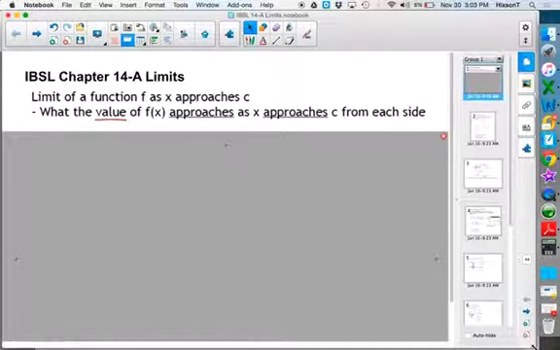Now, I will say this. Limits by themselves are not a huge part of the exam, okay? However, understanding how limits work is going to be very important in order to properly understand derivatives and integrals, okay, to be able to do those. Now,